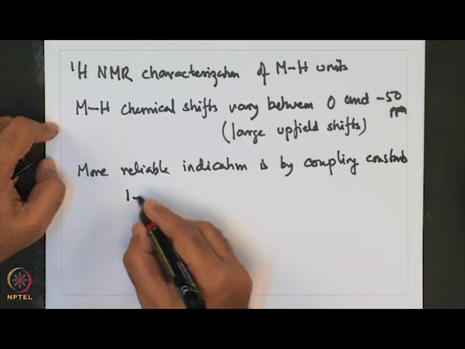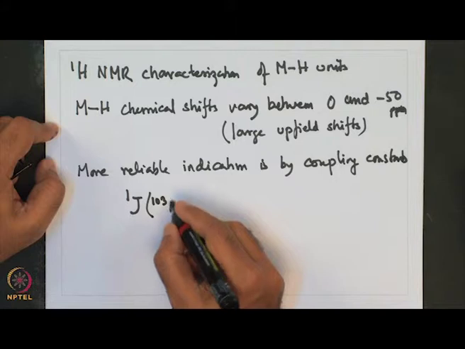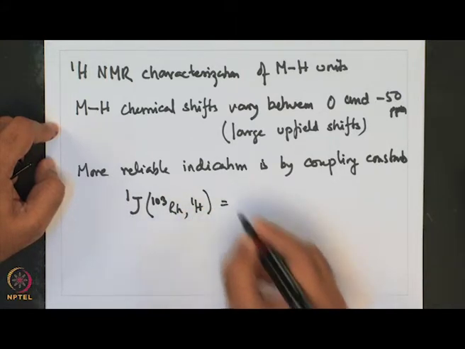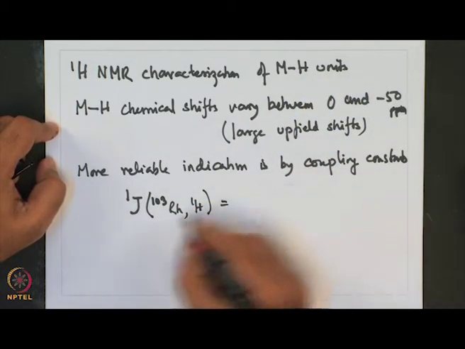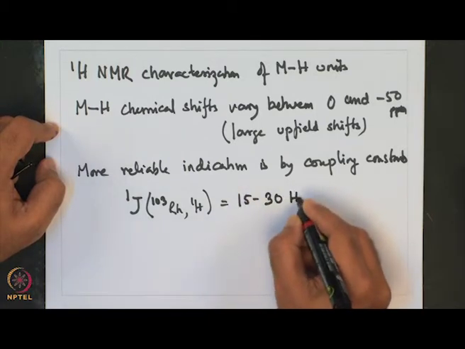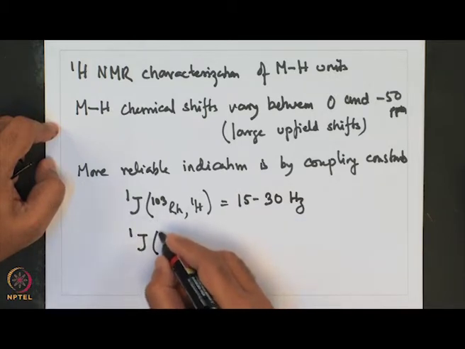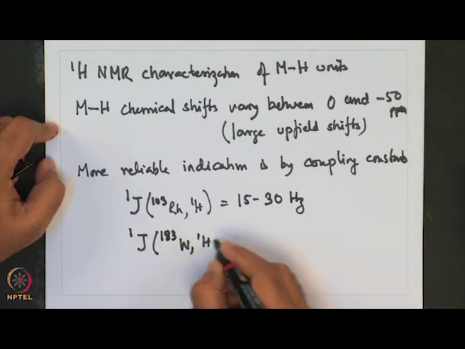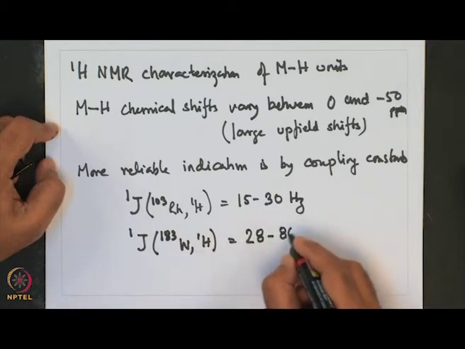And this is given by 1J 103 rhodium 1H, if the hydrogen is bound to rhodium, then the one bond coupling is about 15 to 30 Hertz. If the metal is tungsten, then 1J 183 tungsten 1H is about 28 to 80 Hertz,